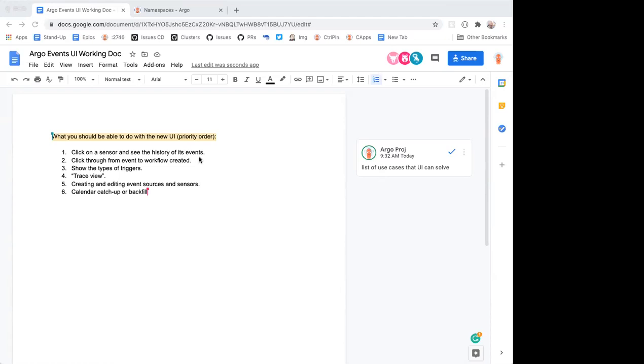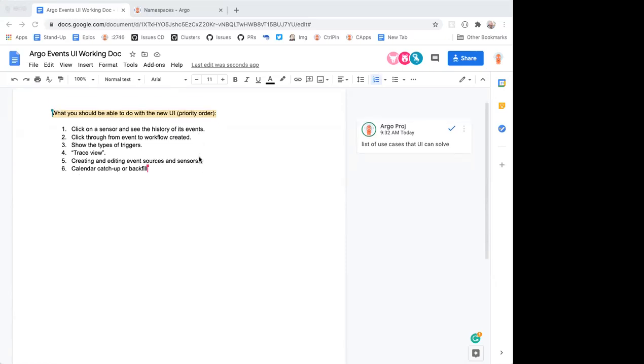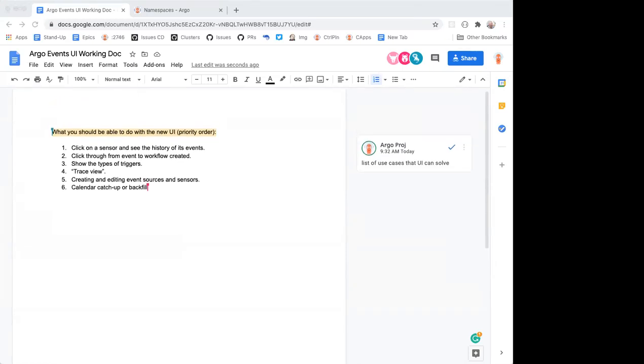What use cases are missing from this list, or what things should be added to this, or what kind of comments can you give me on this? Is this a complete list?